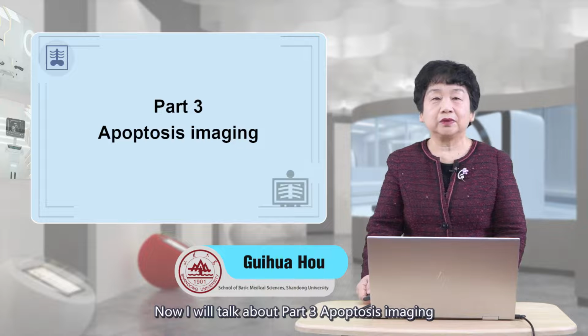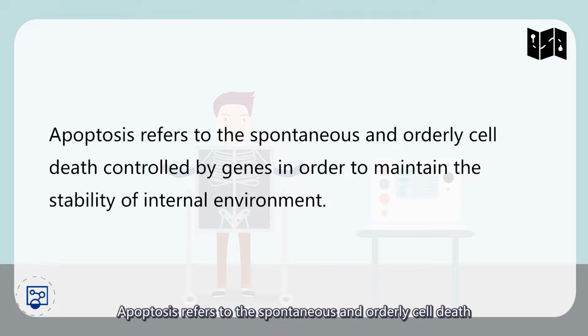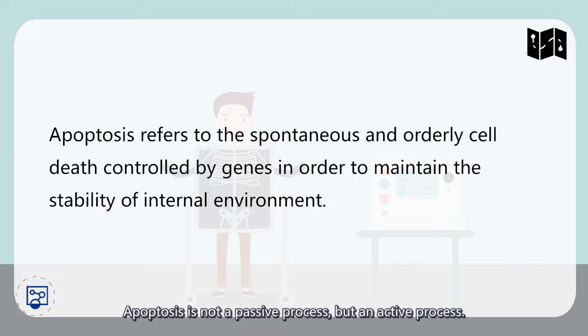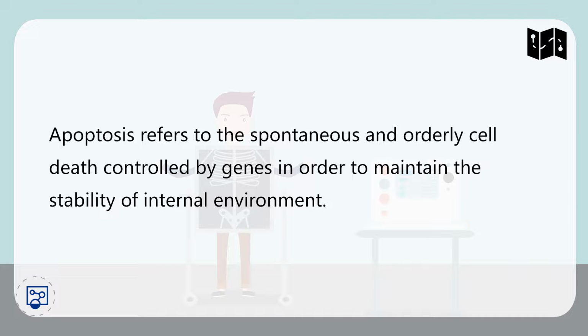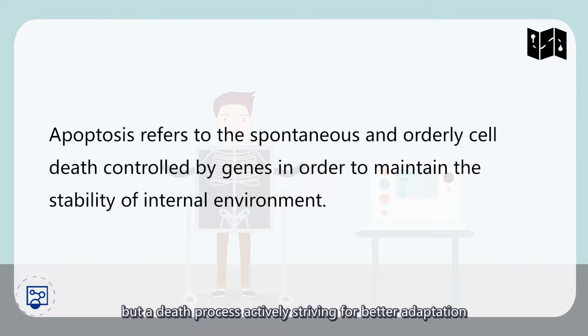Now I will talk about Part 3, Apoptosis Imaging. Apoptosis refers to the spontaneous and ordinary cell death controlled by genes in order to maintain the stability of the internal environment. Apoptosis is different from necrosis. Apoptosis is not a passive process, but an active process. It involves the activation, expression, and regulation of a series of genes. It is not a phenomenon of self-injury under pathological condition, but a death process actively striving for the better adaptation